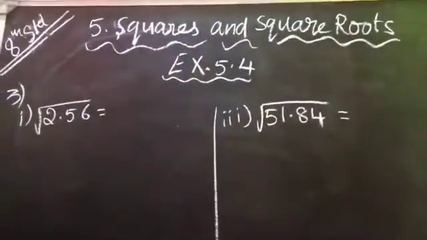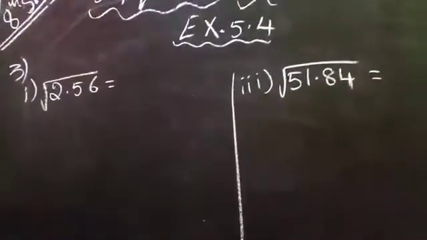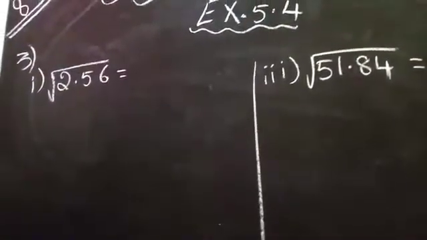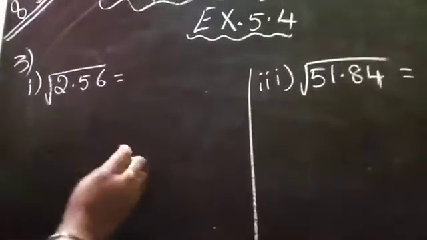Today's topic is squares and square roots, exercise 5.4. Third main: find the square root of the following decimal numbers. First question, 2.56, they have given. Here it is a decimal number, so